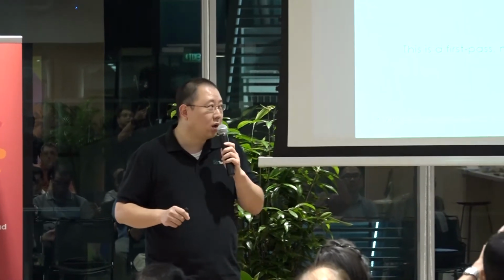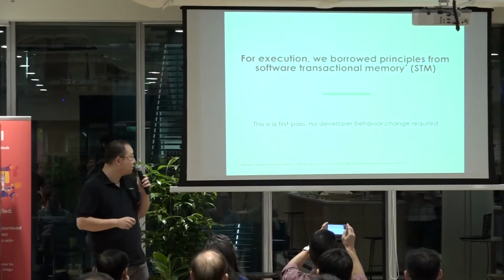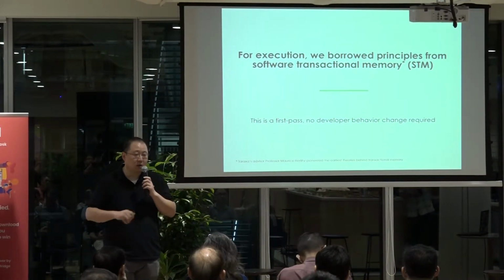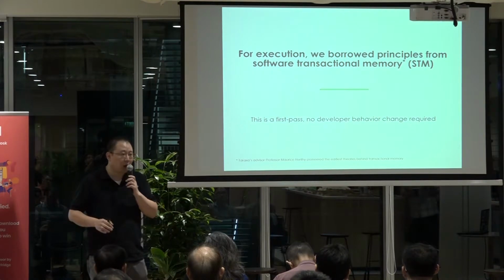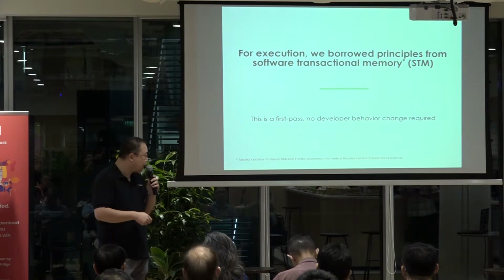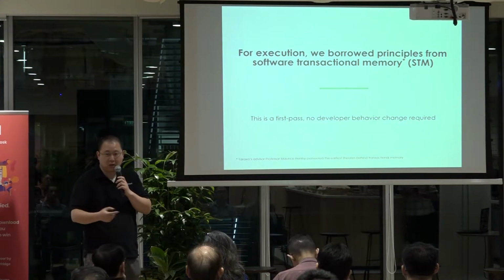The first layer, the first iteration, is very simple. We're going to borrow some principles from software transactional memory and do something called speculative concurrency. What speculative concurrency means is that developers do not need to change their behavior. They can just continue to write whatever code they want, and then we automatically insert concurrency at runtime. Transactional memory was actually invented by our advisor, Professor Maurice Herlihy, back in the late 80s and early 90s,